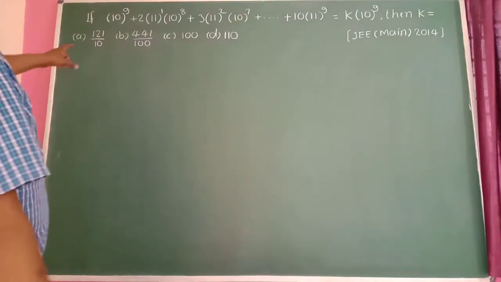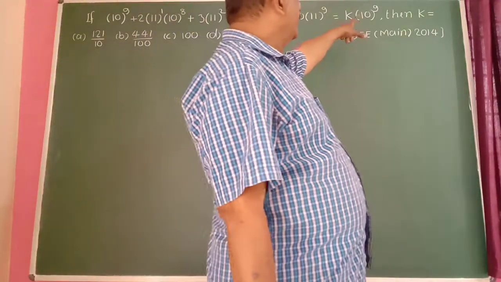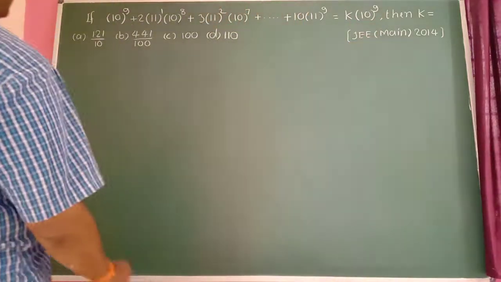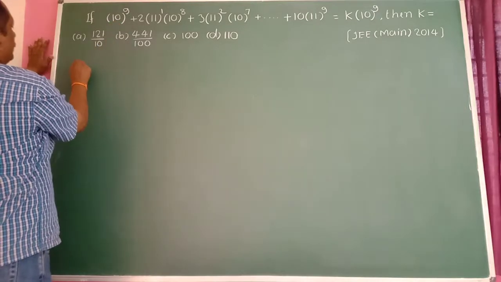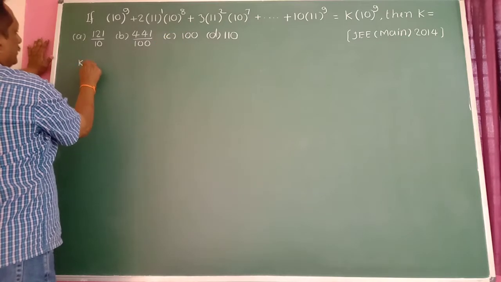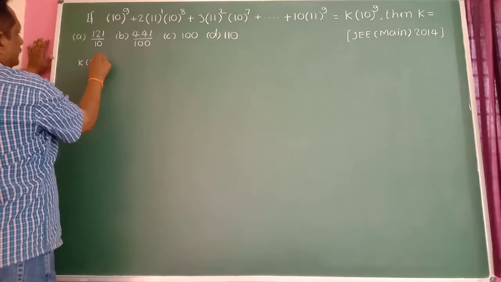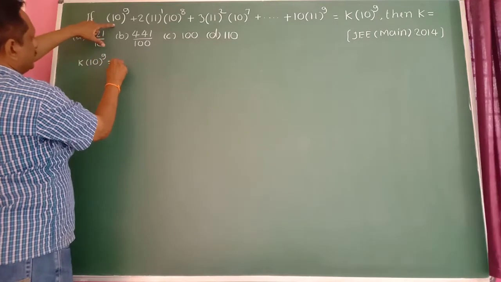So the given sum of the series here is equal to k into 10 raised to 9. Then what is the value of k? So first I write this equation here. Therefore, first I am writing the right-hand side term here: k into 10 raised to 9 is equal to this 10 raised to 9 here